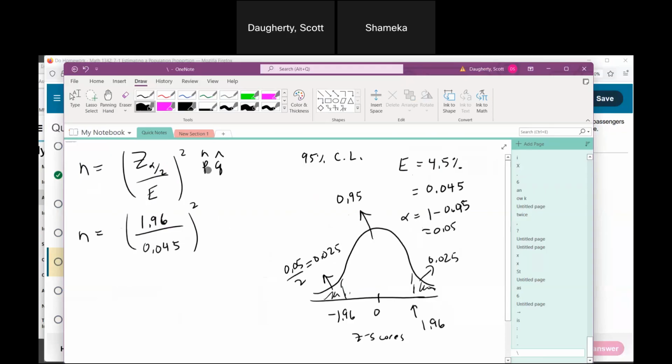Okay. And now we need to plug in p hat and q hat. And this is a bit of a problem because the only way you'll know what p hat and q hat are is if you actually had a sample, because these are the sample proportions, right? This is the proportion that would develop nausea. This is the proportion that would not develop nausea. The only way you would know that is if you actually took a sample. So maybe you haven't taken a sample yet. Maybe this is the first time you're sampling something. If that's the case,